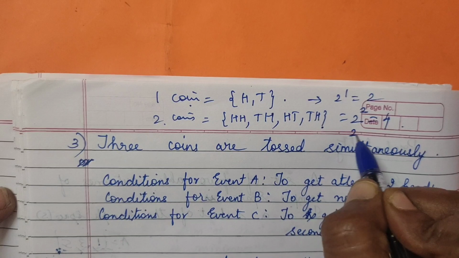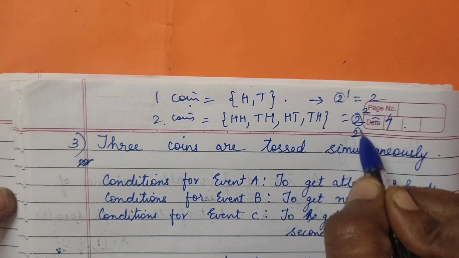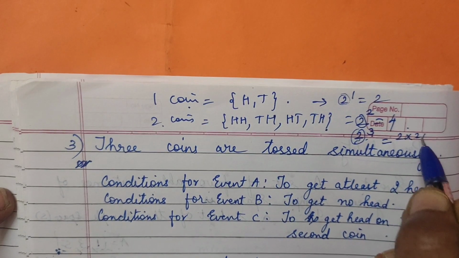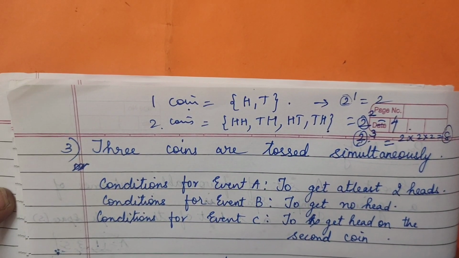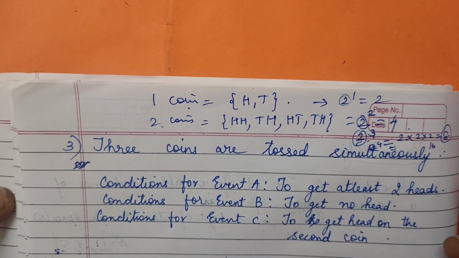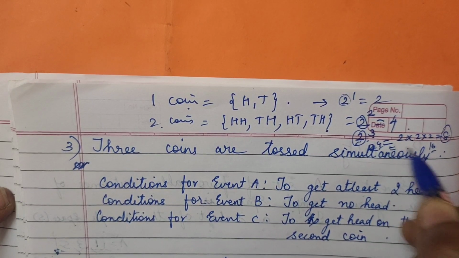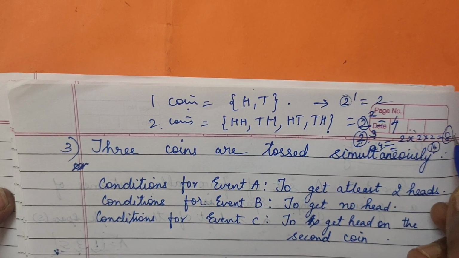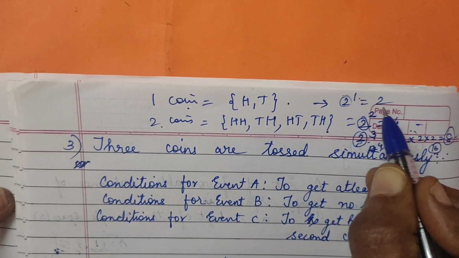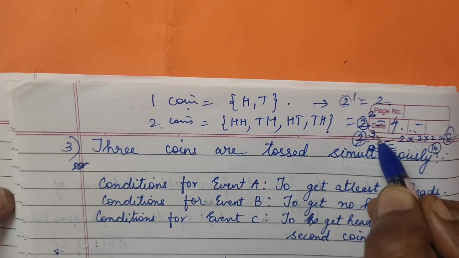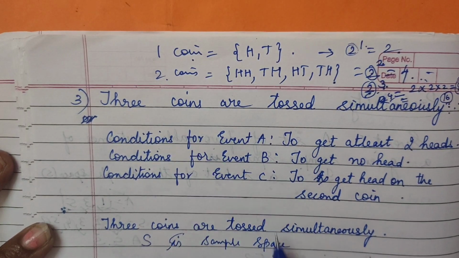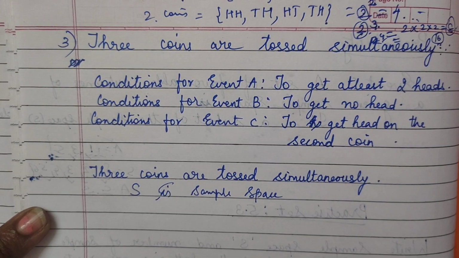If we are tossing 3 coins, the 2 stays the same, we take its power. We are tossing 3 coins, so how many outcomes should we get? 2 cubed is 8, so we should get 8 outcomes. Similarly, if we toss 4 coins, we get 16 outcomes, that is 2 raised to 4. So this is a small hint: the number of outcomes should always be a power of 2. 1 coin, 2 to the power 1 is 2. 2 squared is 4. 3 coins, 2 raised to 3 is 8. So we are having 3 coins here, so we will have 8 outcomes. But how is it supposed to be written?